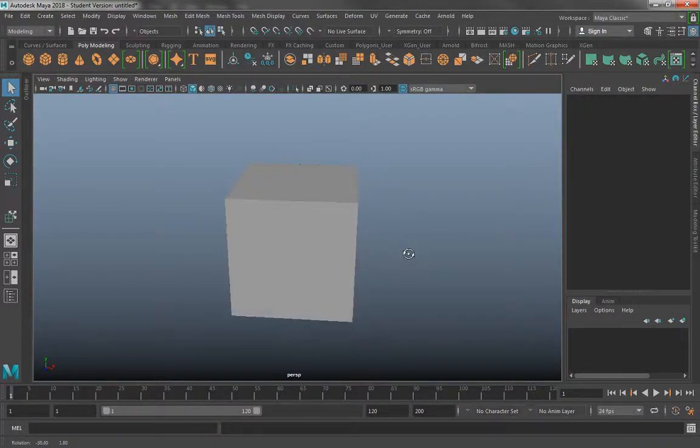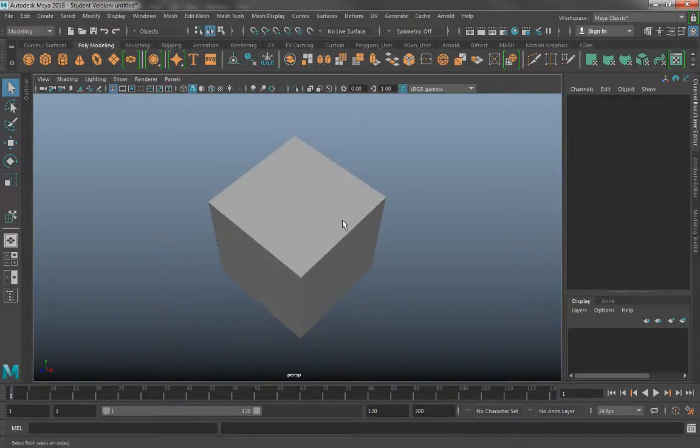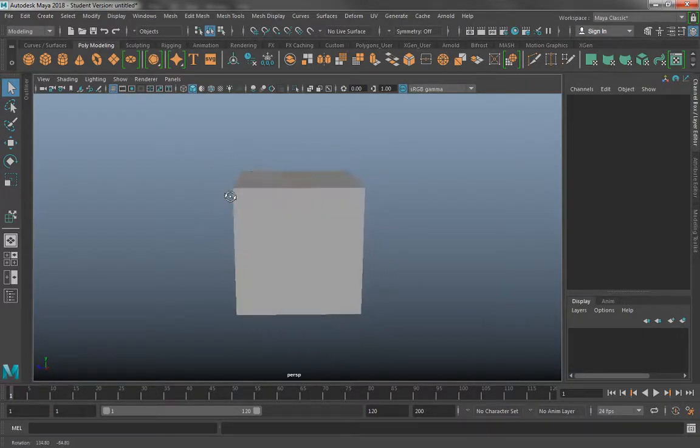Now with that being said, the crate is one of the most common things I can think of that's inside video games particularly. If you've ever played a video game, chances are you've broken or hid behind one of these crates that we're going to texture. So normally in games you either have to break it open to get coins or items or ammo or something like that, or in other games you hide behind it for cover from enemy fire. Anyway,